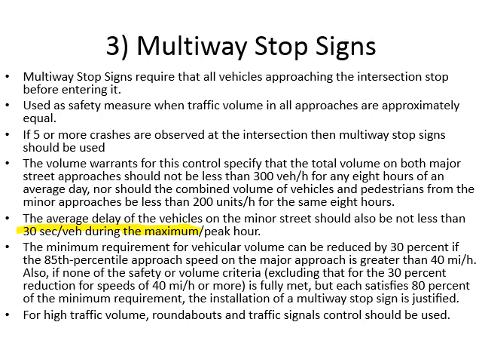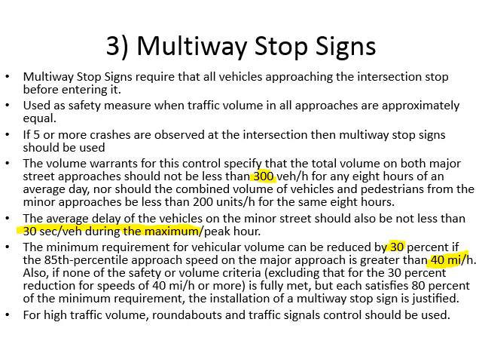Now these requirements can be reduced if the speed on the major street is more than 40 miles per hour. Then instead of fulfilling these requirements fully, if you fulfill 70% of them, then it's all right as well. Sorry, you can reduce the requirement by 30%. Okay, so instead of having 300 vehicles, if you have 70% of 300 vehicles, but the speed is more than 40 miles per hour, you can still put a multi-way stop sign there. Okay, so the volume requirements can be reduced by 30% if the speed on the highway is more than 40 miles per hour on the major route.